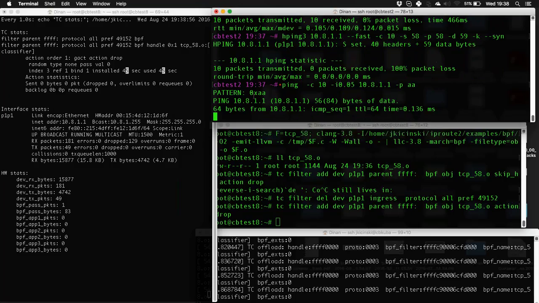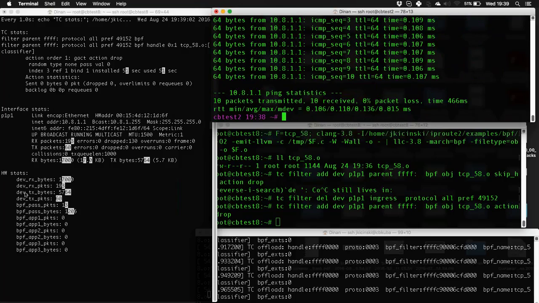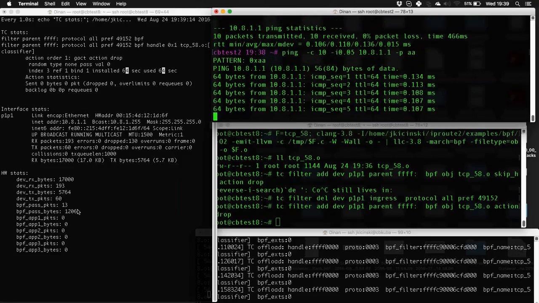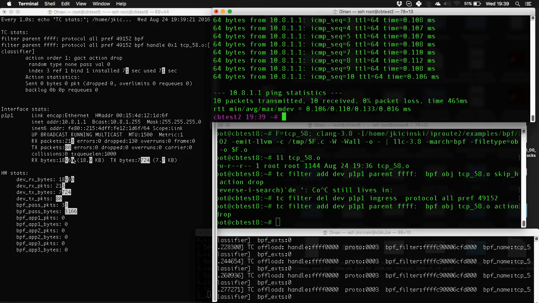And as we can see, starting from the hardware statistics, not only are the transmit and receive statistics incremented, but also the BPF hardware statistics for pass. If we send more traffic, you can see that the standard ping is passing. Statistics for the interface are incremented as well, but the statistics for the filter are not, because obviously the ping is not matching our filter.